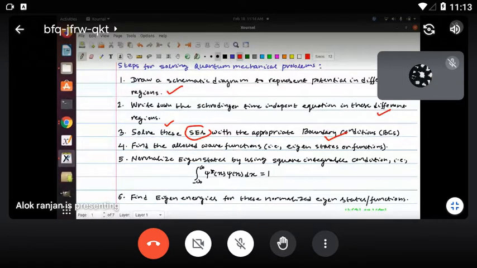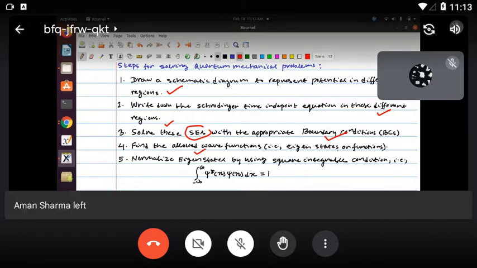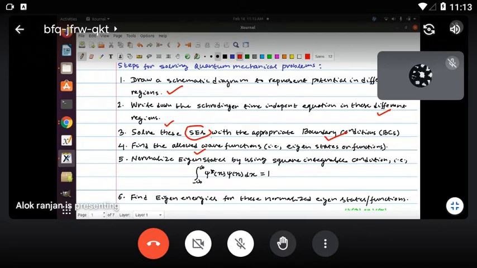And once we put the boundary conditions, the allowed wave function will automatically come out when you solve this Schrodinger equation. Since this allowed wave function is known as an eigenfunction, when you solve the Schrodinger equation putting boundary conditions, you will get the eigenfunctions. And since the wave function is square integrable, we need to use this square integrable condition over the wave function, and then we will get the normalized eigenstates. That means the probability of finding the particle all over space is 1. So this is called square integrable, or sometimes people call it the normalization condition.